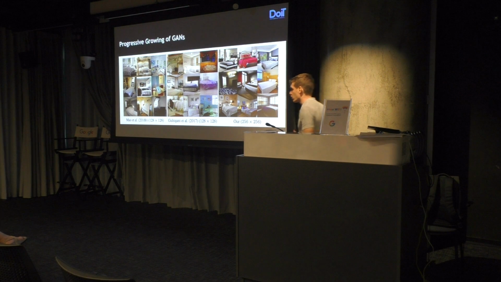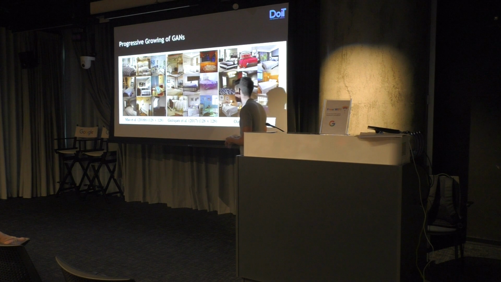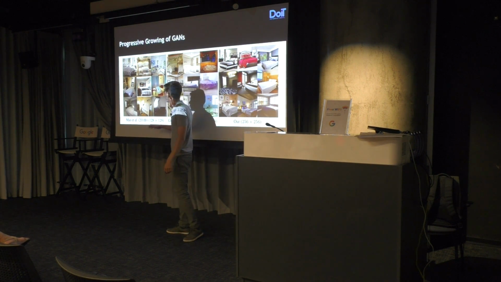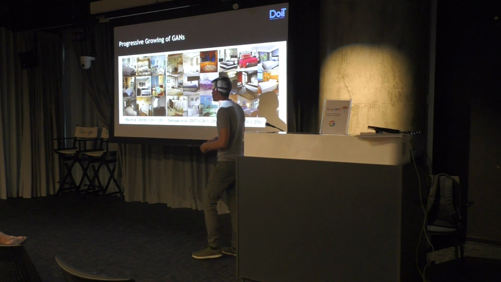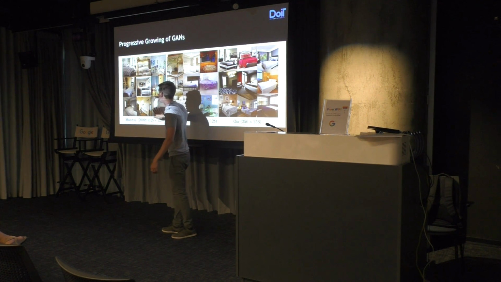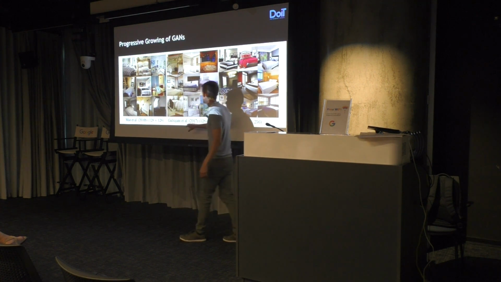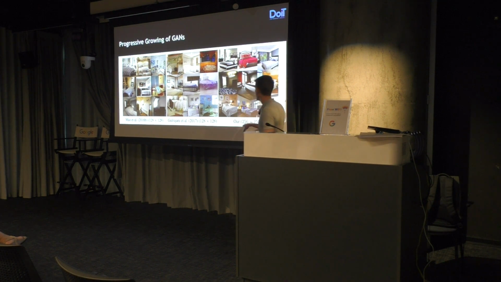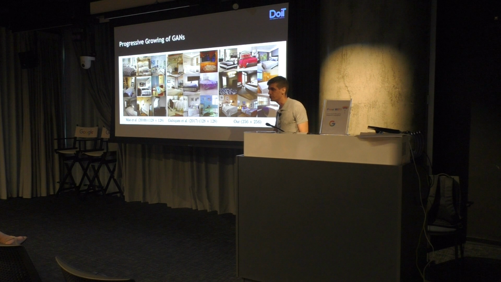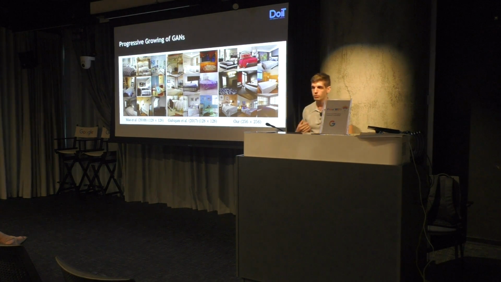So this summarizes the progress that was made throughout the last years. Here is another classic example of generated images of hotel rooms. In 2016, these rooms were smudged or disoriented. In 2017, you could see some kind of improvement. But then there's NVIDIA's progressive GANs, with very high quality hotel rooms that are all generated with this technique.